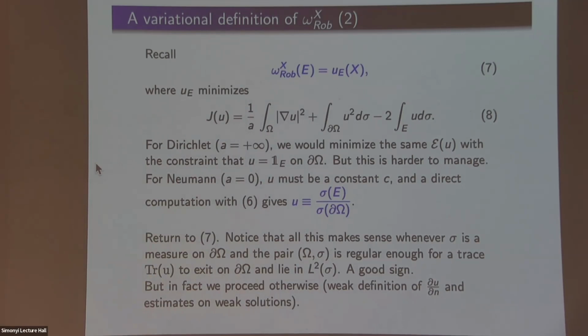Okay. And in fact, I was not going so much ahead of myself. I'm saying that all those things here make sense if you can define a nice trace for harmonic functions with finite energy. And at least you can minimize this functional. You could decree that this is harmonic measure, but it's better to be able to solve the Dirichlet problem too and connect. But that's